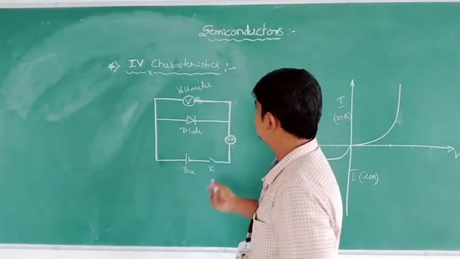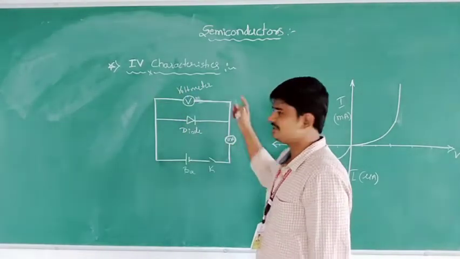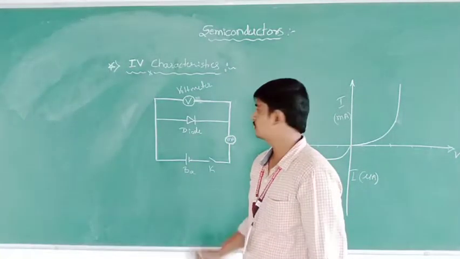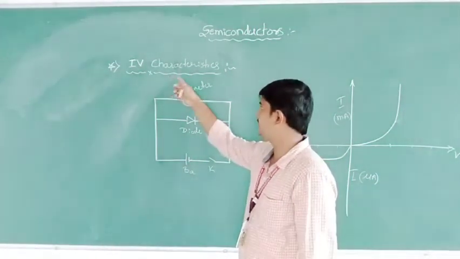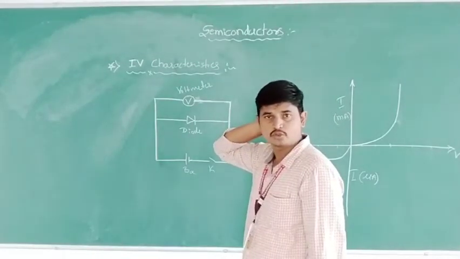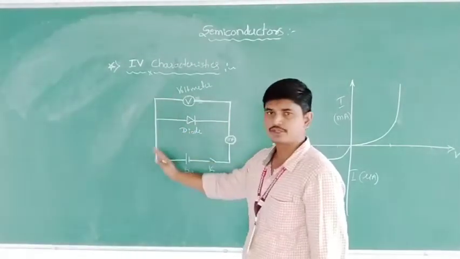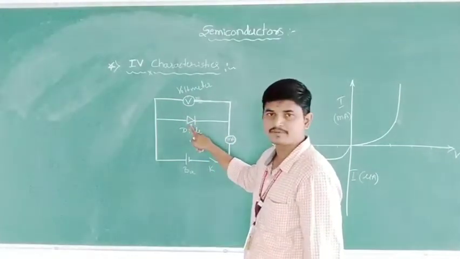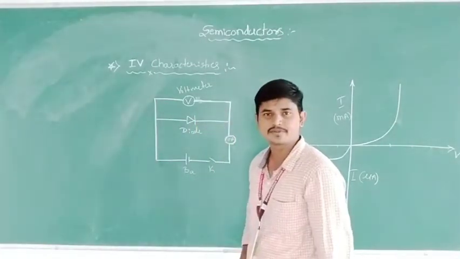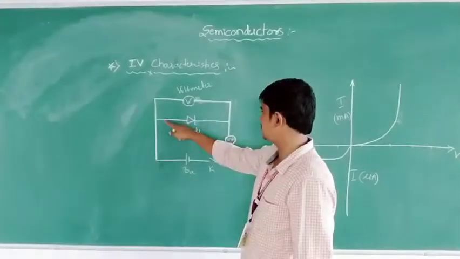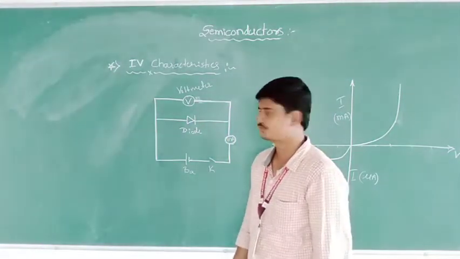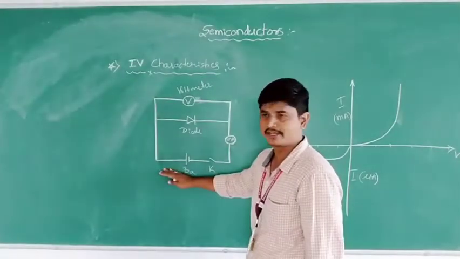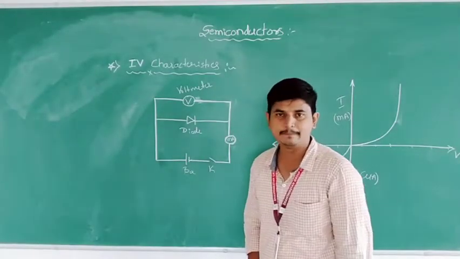See, this is the diagrammatic symbol, or you can call it the circuit diagram, for the given IV characteristics study. If you want to study the IV characteristics, this is the circuit combination. Here, this is the diode, and the arrow here is the P type of semiconductor. The line represents the N type of semiconductor, and this is the voltmeter, which is connected parallel to the given diode. And this is the battery, a source of voltage, and this one is a milliammeter.